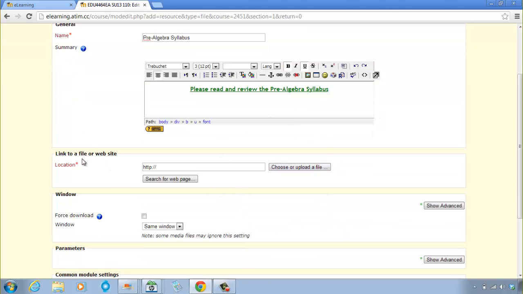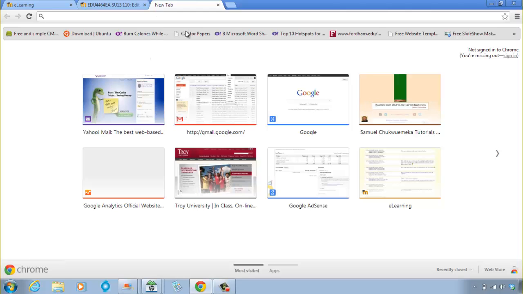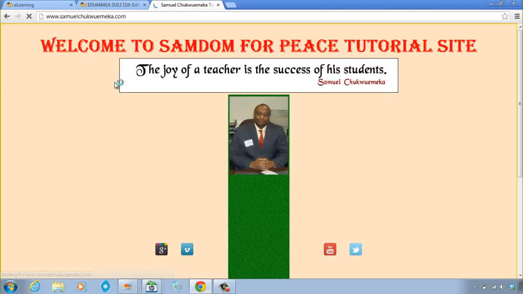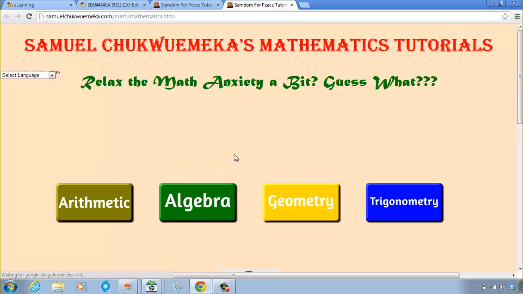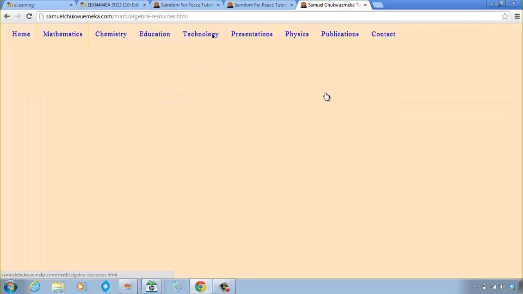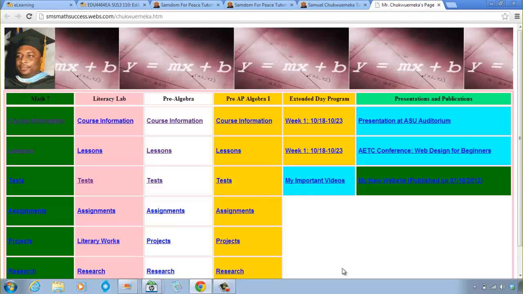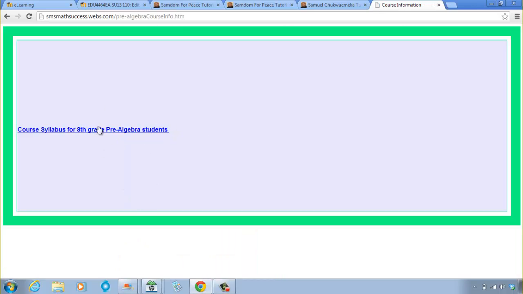Then now on this option, link to a file or website, let me go and get that file that I want to link to. So what I want to do now is to go and get my website. I already have it here. Click on mathematics, click on algebra, click on resources, and I have my former website here. This was the website I used at Southland Middle School. Let me go to pre-algebra course information. I have the course syllabus for 8th grade pre-algebra students. I click on it,